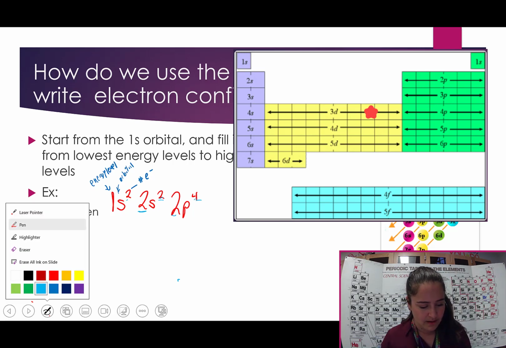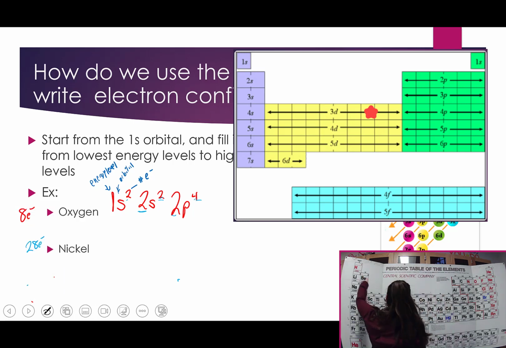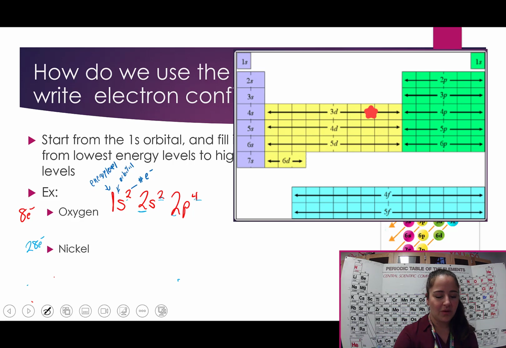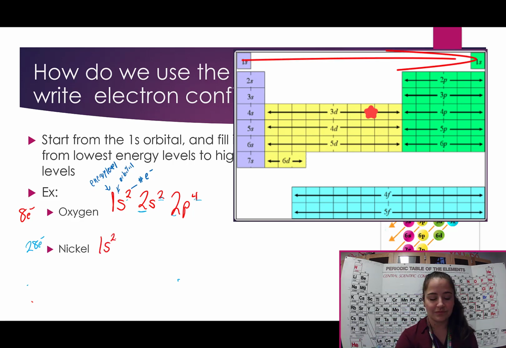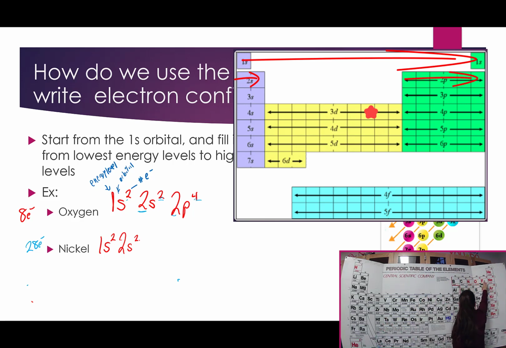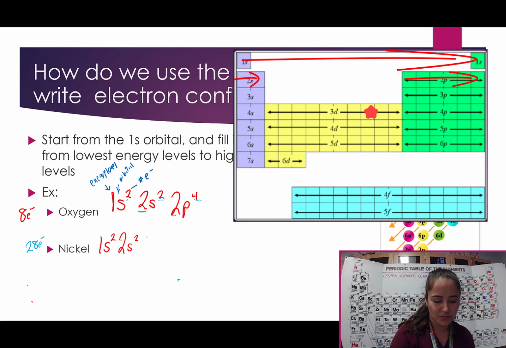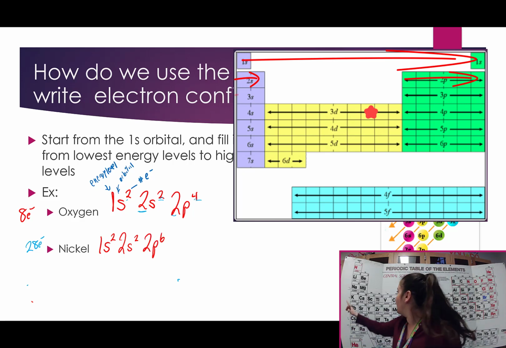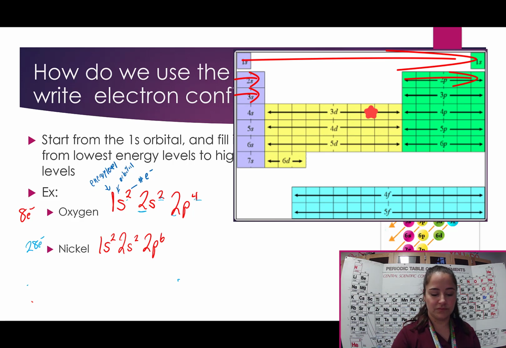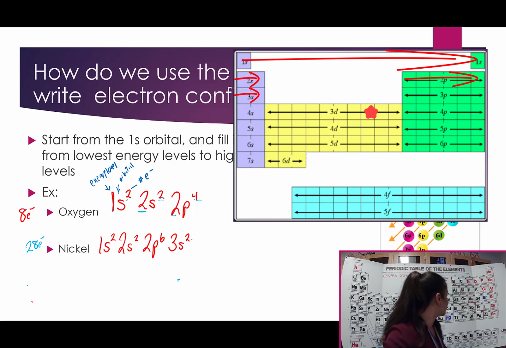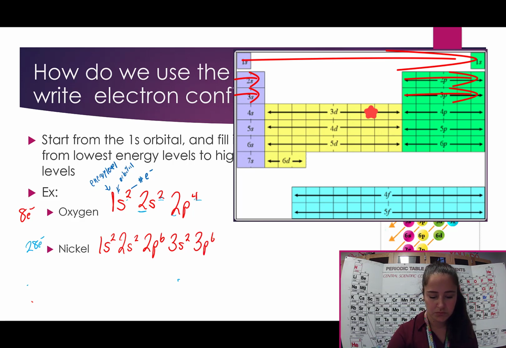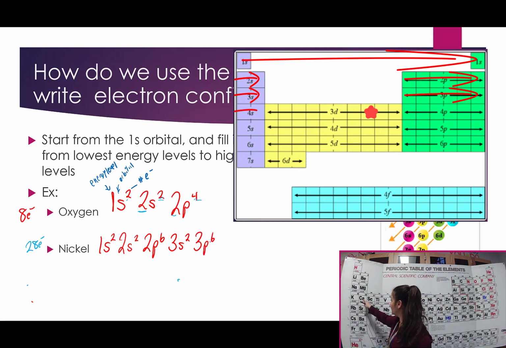Okay, put back on red. We start at the top, and here we go. We have 1s2, 2s2, 2p, 1, 2, 3, 4, 5, 6, 2p6, 3s2, 3p6, 4s2,